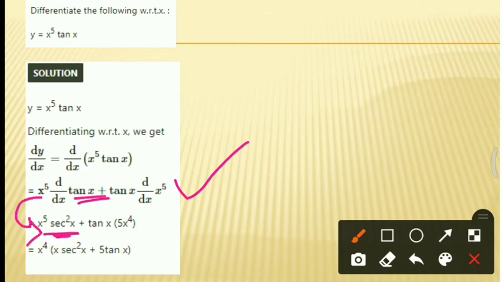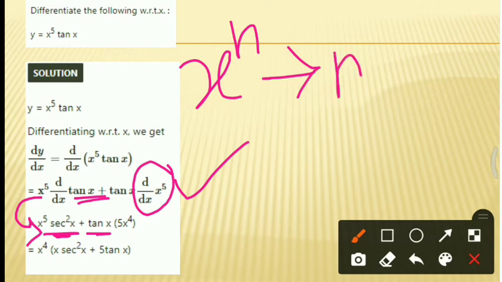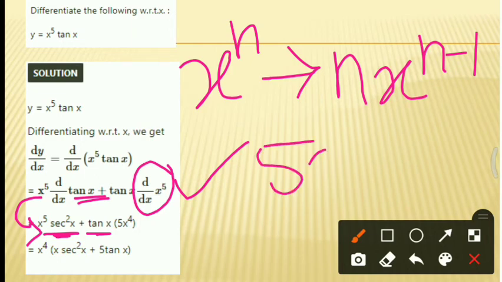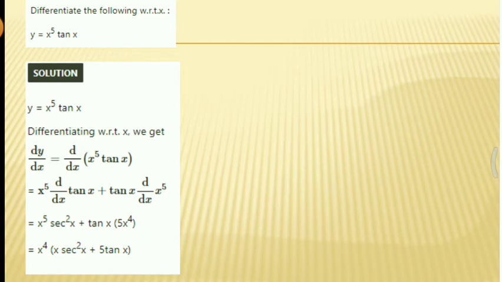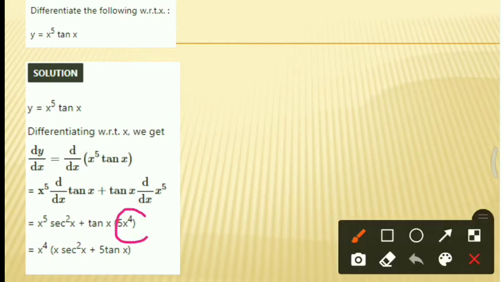x raised to 5 as it is, the derivative of tan x is sec square x, plus tan x as it is, and the derivative of x raised to 5 is, by using the formula, the derivative of x raised to n is n into x raised to n minus 1. Therefore, 5 into x raised to 5 minus 1, which is 5 into x raised to 4. Hence, the derivative of x raised to 5 is 5 into x raised to 4. And therefore, taking common x raised to 4 from both the terms, x raised to 4 into the remaining terms